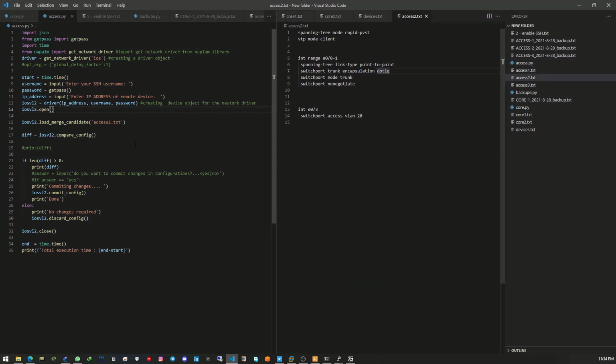Quite a simple configuration. Once it's loaded, it will compare with the running configuration on the switch over here, and then it will print the difference. Before that, we will issue a condition that says, okay, we've assigned that result to a variable called diff. Once it's loaded, it should compare with the running config. If it's greater than 0, we should print committing the changes,